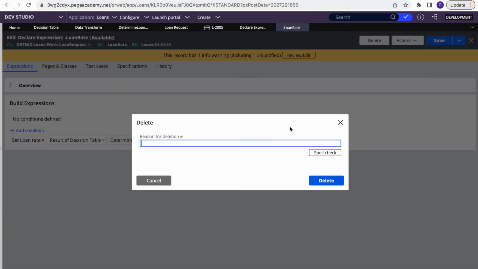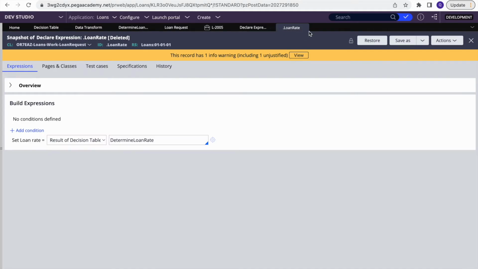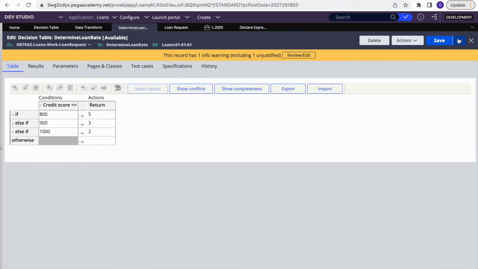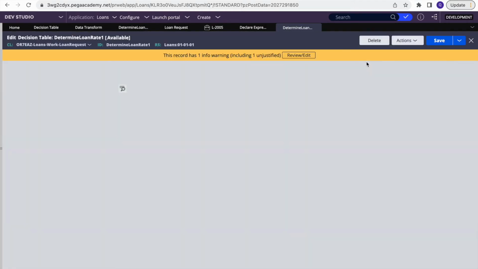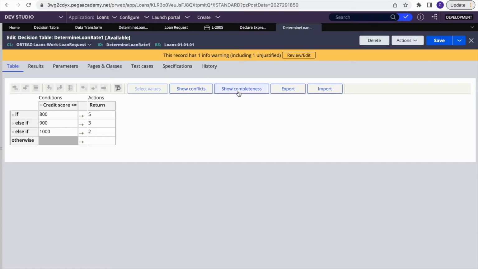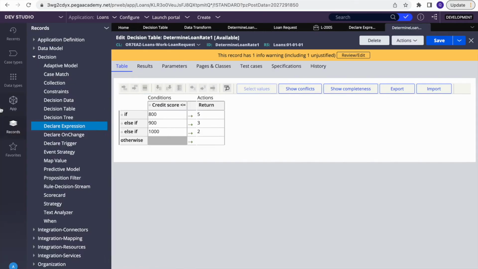Now I'll delete this loan declare expression, and then I'll use another way. I'll just save as this one. Maybe if I save as with 1, then it will work. I'm just renaming so that the caching issue will not come. The second approach is that we can call it from the